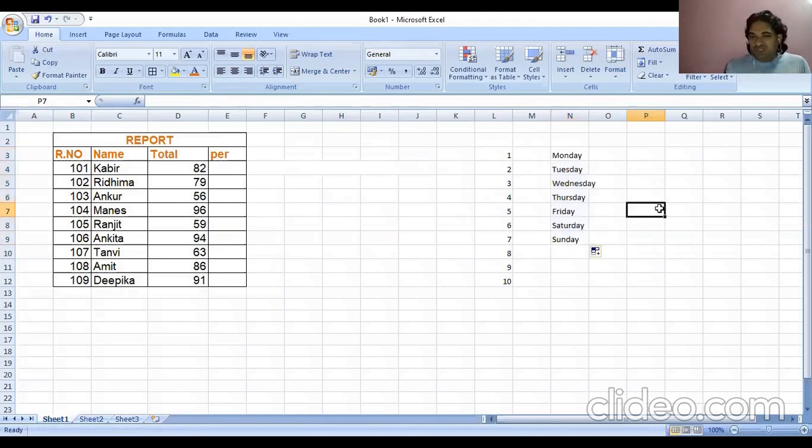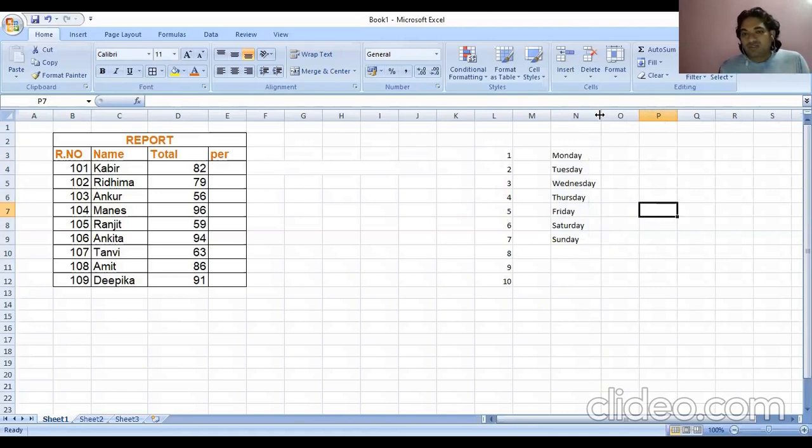Now Wednesday, you can see the day is coming outside the column. What I can do is keep pressing it and drag it. So this is called autofill. Numbers, months, days, you can fill directly, right?